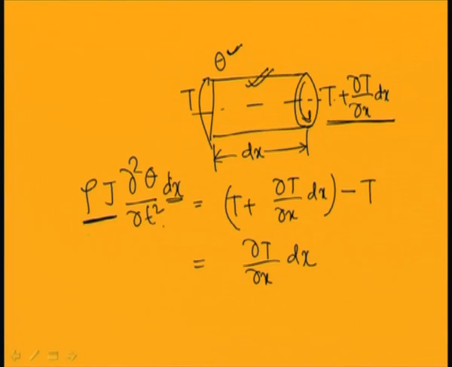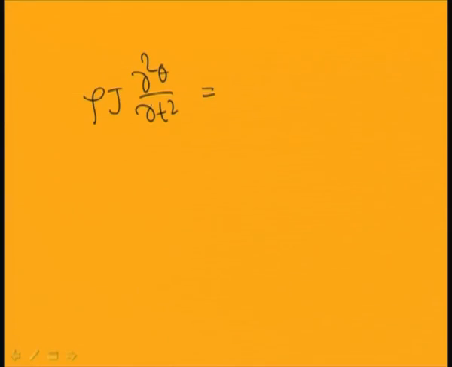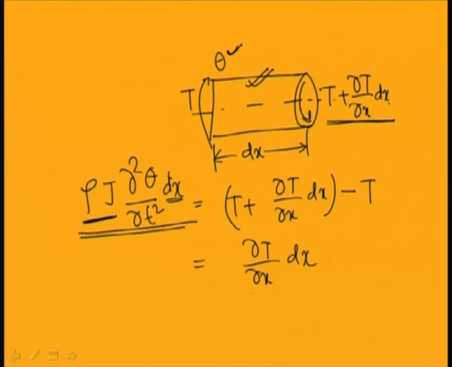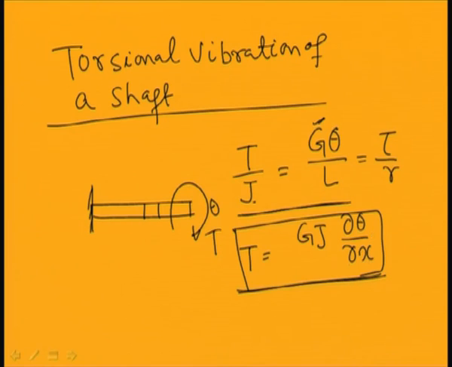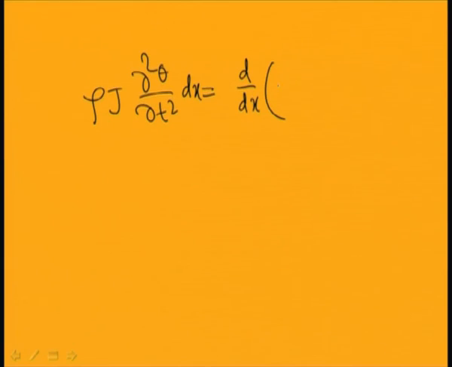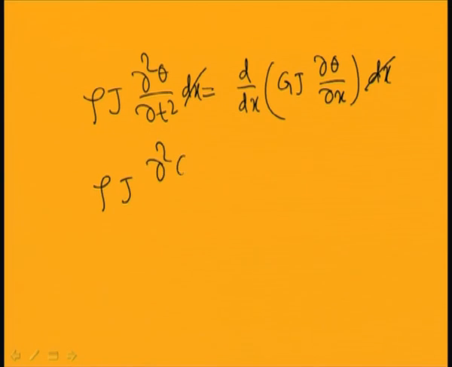Now, taking this total inertia torque equal to the torque at the right side minus the torque at the left side, I can write into dx. So this will become d by dx of T, and for T I will substitute the expression G J ∂θ/∂x. So this is G J ∂θ/∂x into dx. The dx cancels, so I can write rho J ∂²θ/∂t² equal to G J